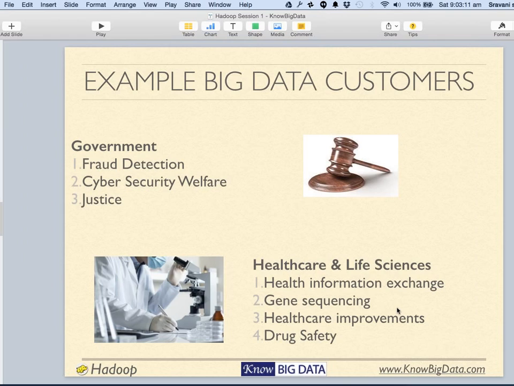Now, in case of healthcare, there are many use cases. If you look at UC Berkeley Irvine, there is one big use case. Let's talk about health information exchange first. In healthcare, the data is in a very complex form. Have you seen a soft copy of your X-ray? It is a complex image and not easy to process like an ordinary image; you require different kinds of software to deal with it.